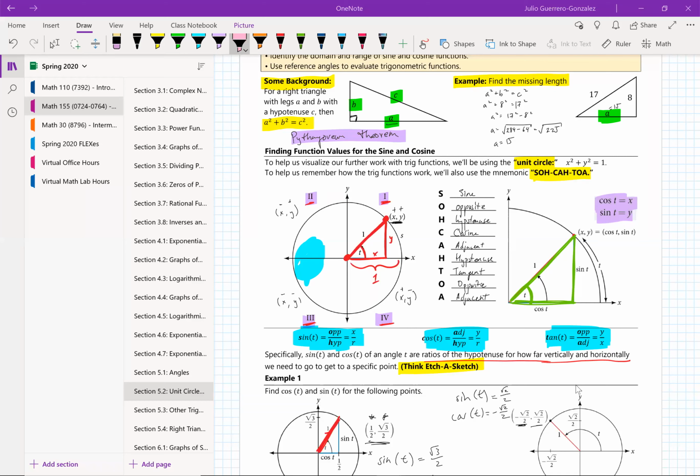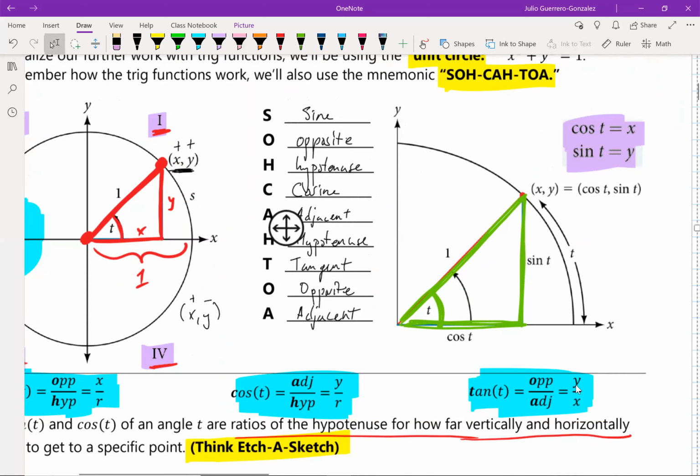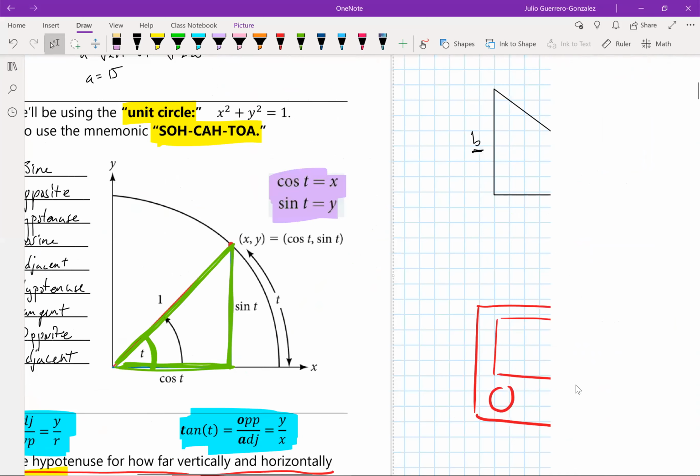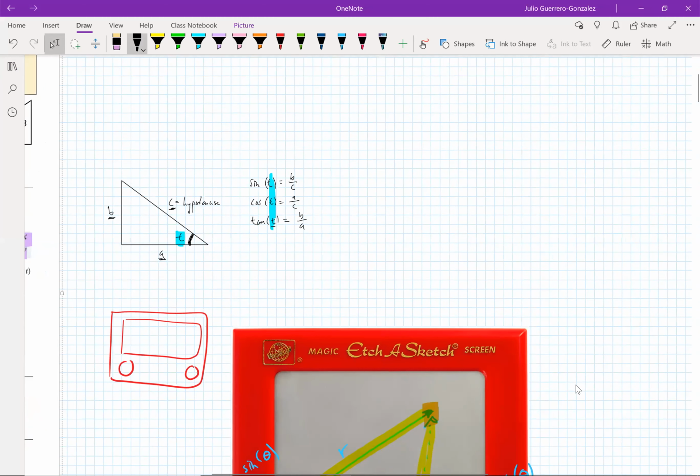Depending on where your angle is, that's going to determine what's called adjacent and what's called opposite. Does that make sense? Let me go over here, and if I'm going to do a random triangle here, so if this is my angle right here, theta,